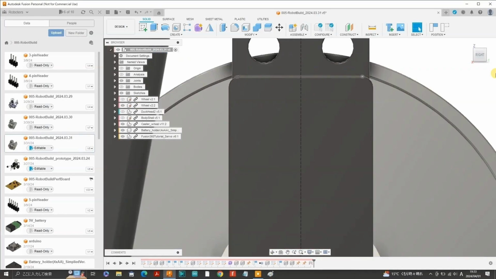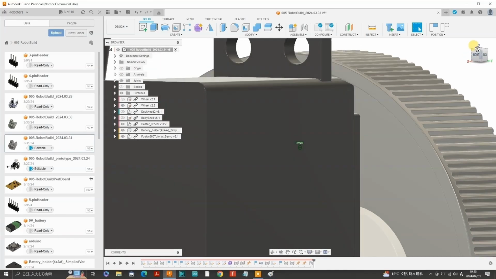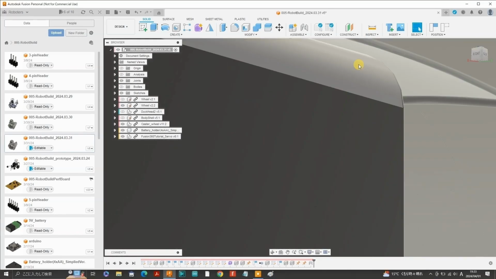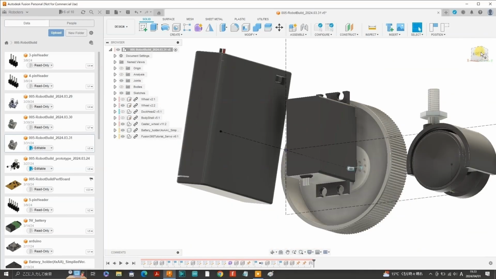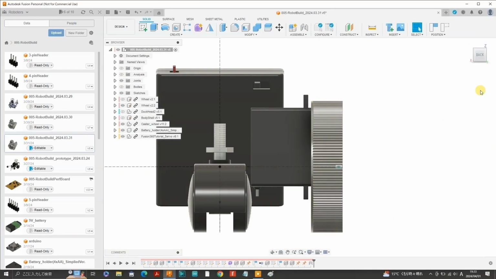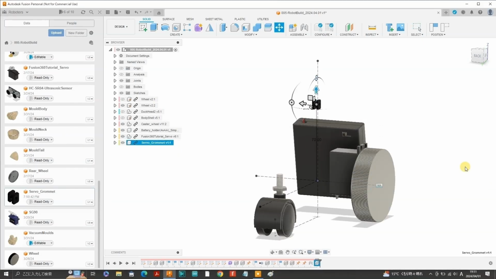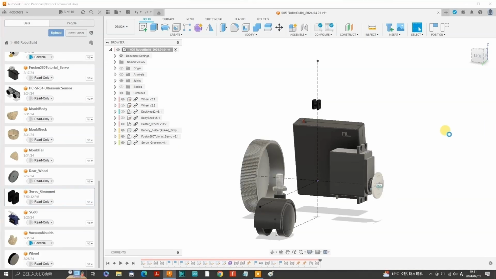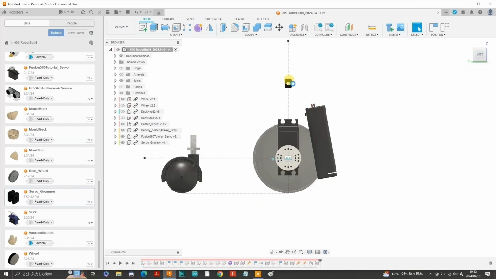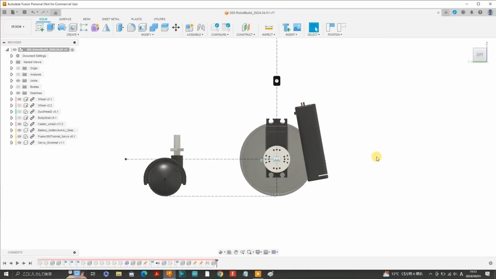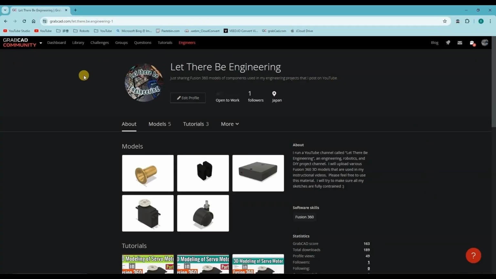Now it looks as though we have very little clearance between the inner circumference of the wheel and the top two corners of the servo body, although it might be enough, but we might have a bigger problem actually. It looks as though there would be no room for the servo grommets, so we can confirm that now. Here I have inserted a servo grommet. Each left and right servo needs 4 grommets along with 4 eyelets for fastening the servos to the chassis. I have uploaded a step file to my GrabCAD account which can be downloaded and imported into Fusion 360. The link for this grommet is in the description.